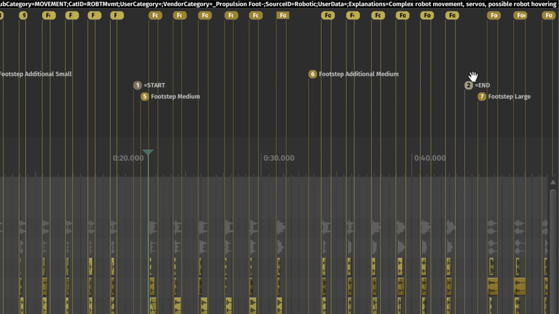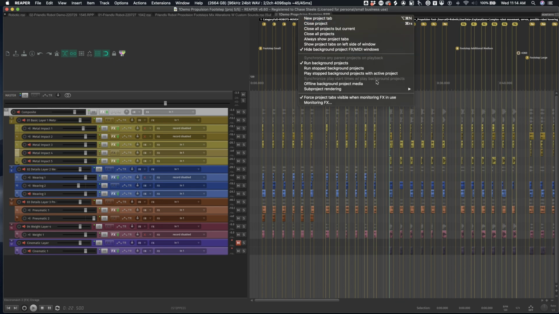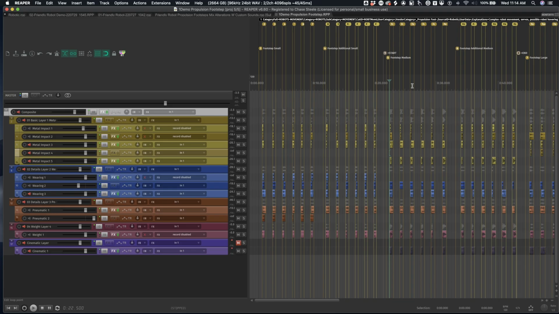All right, so basically what I'm going to be doing is capturing everything within these two markers, and it's going to make a nice rendered output that is much more manageable than having this entire sub-project, basically working with it in the design project. So the one thing that you do have to do temporarily is turn this off. So sub-project rendering, do not automatically render. So we're going to turn that off because I actually need to render this at this point.